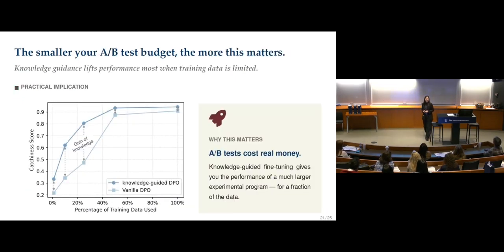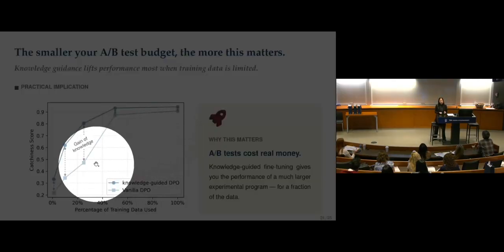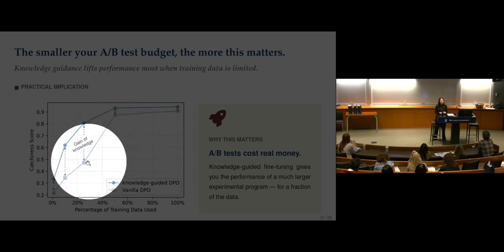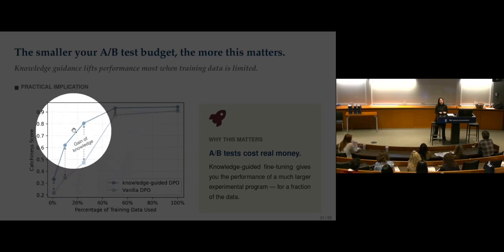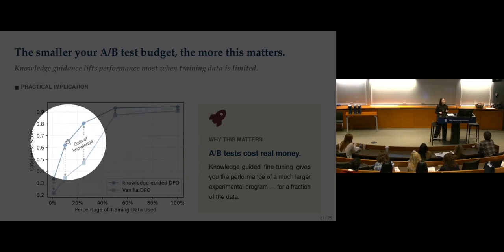Another test we do is that we wonder when this method or this knowledge will be more useful, because A/B testing data is actually very expensive to collect. It takes money and it takes time and resources, okay? So you can see on the x-axis, we vary the amount of A/B testing data. On the y-axis is the performance we care about. The light blue is you just do blind fine-tuning. The darker blue is using knowledge. So you see there's a gap. And this gap is due to the gain of knowledge, right?